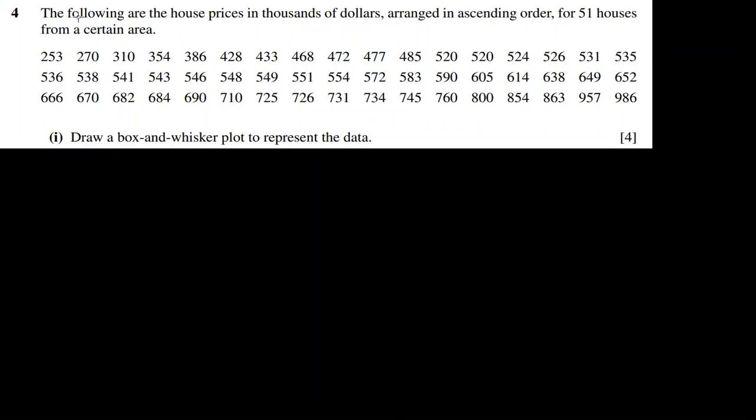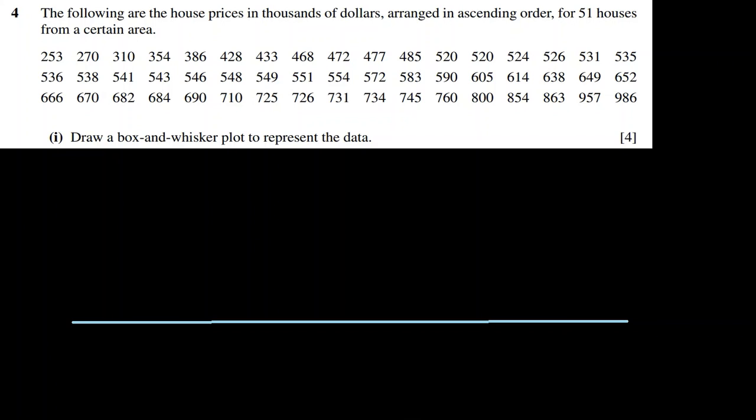Question 4. The following are the house prices in thousands of dollars, arranged in ascending order. That is the best part, in ascending order, for 51 houses from a certain area. Why did I say it's good news? Because for finding the median, upper quartile and lower quartile, for drawing the box and whisker plot, we needed them in ascending order, and it's already done for us. Okay, so for drawing a box and whisker plot, we will draw a horizontal line first,